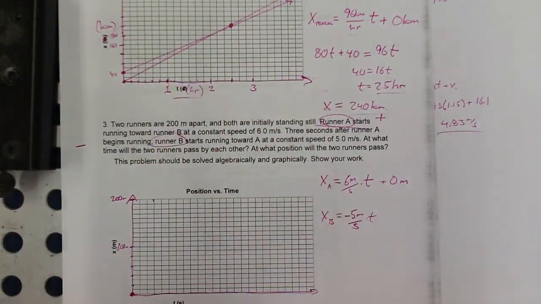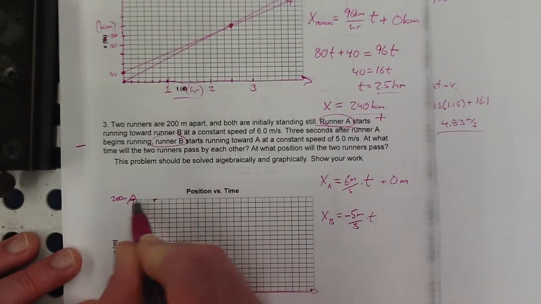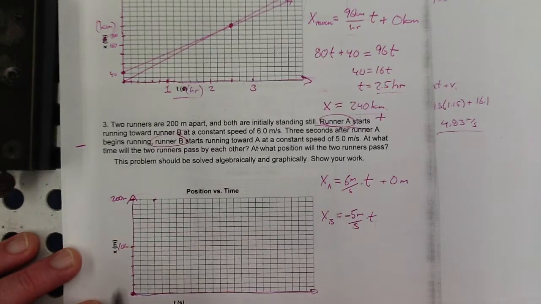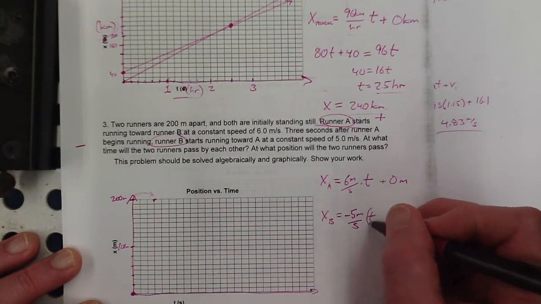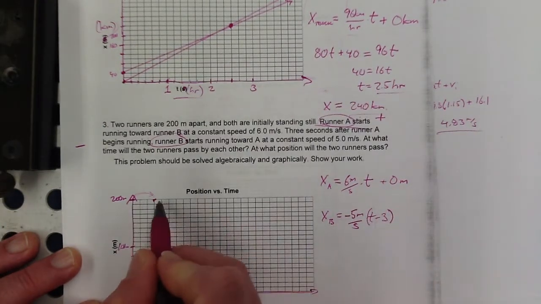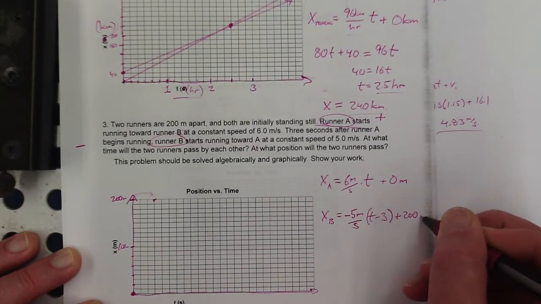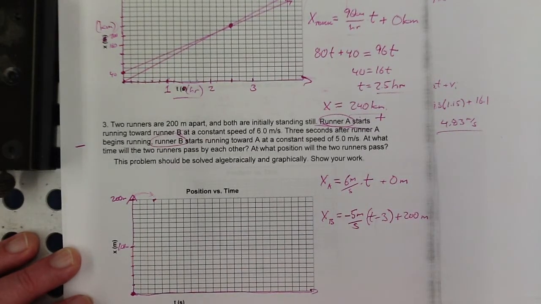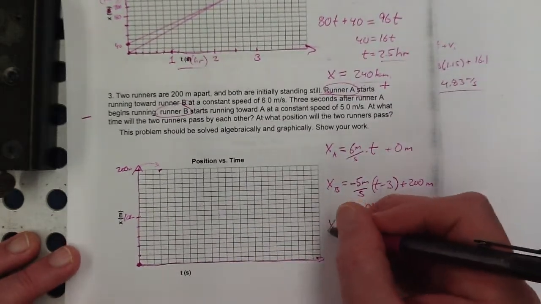One thing, depending on how solid you feel about math stuff, you could say, okay, well, I want it to start at 200, but it's shifted over 3 seconds to the right. So you could do this. That's how you shift something to the right. And then start at 200. Or you could do,